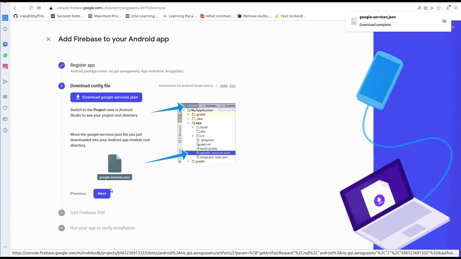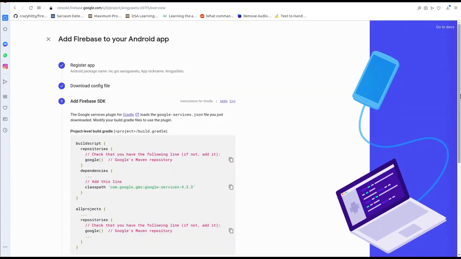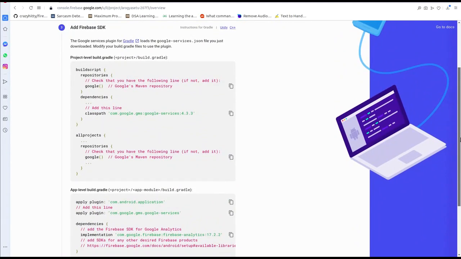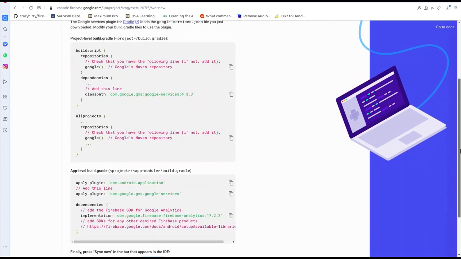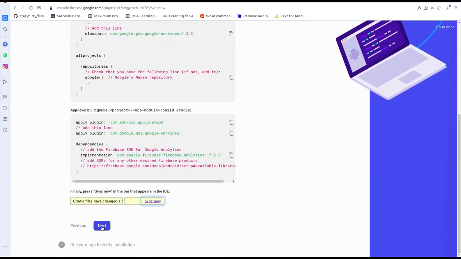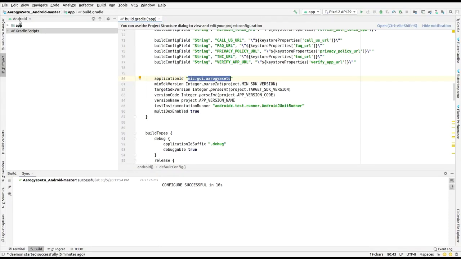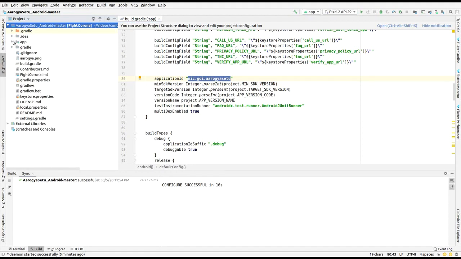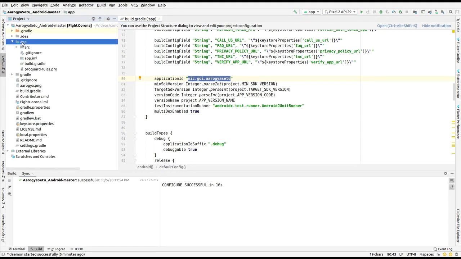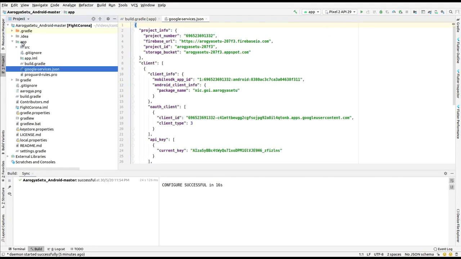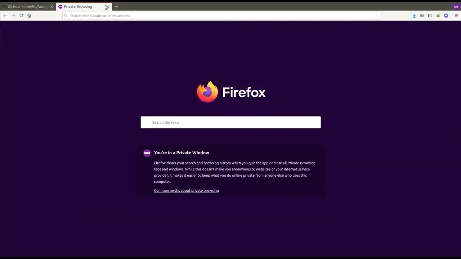Okay, we'll click on next, and it is already set up in our app, all Firebase SDK, so we don't need to add anything else. We simply click on next. Now click on skip. Okay, now we have to go to under distributor. Okay, we click on that project, and now here we have to paste that file, that google-services.json file. I've used Control V and pasted it. So wherever you have copied it, just copy it from here and paste it there.